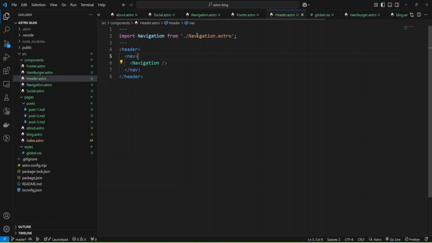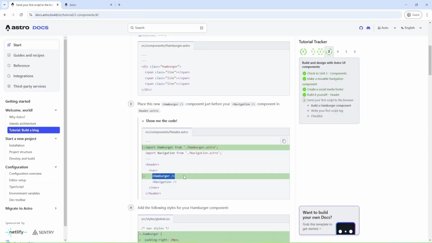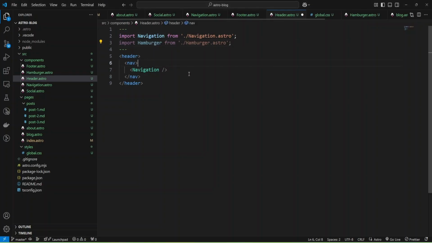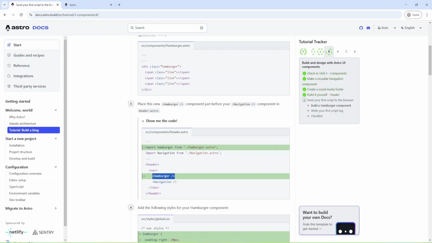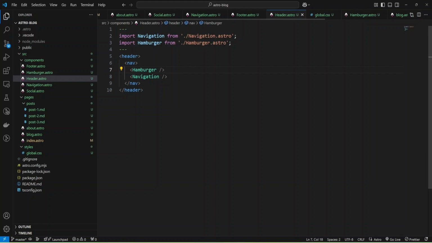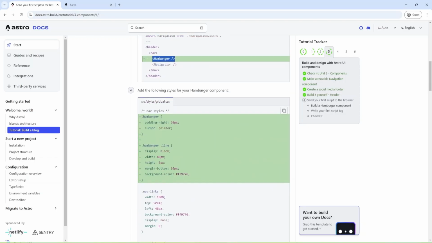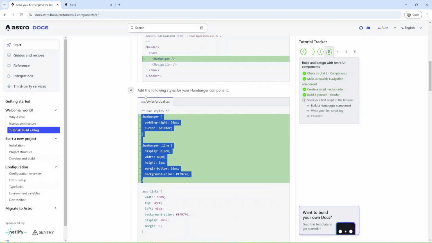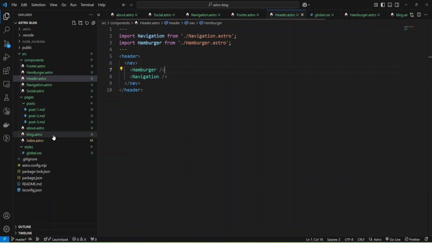Okay. And also I can add hamburger to navigation. Okay, and I need to copy this. Okay, and let's check.